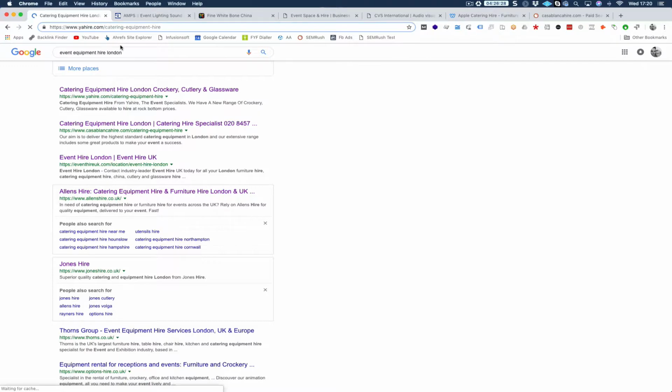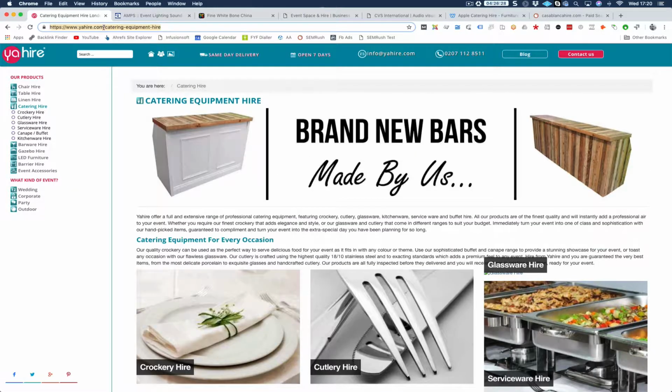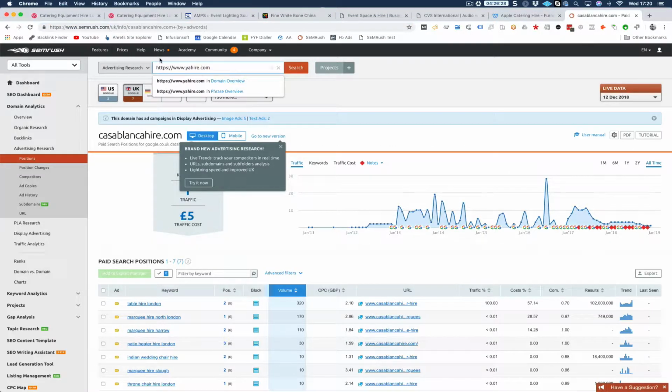They were the most dialed in by a long way from the SEO side of things. So we're going to have a look and see what they're doing with their pay-per-click and some of the ads that they are targeting. So again, in SEMrush, which is the tool that we use for our PPC analysis,